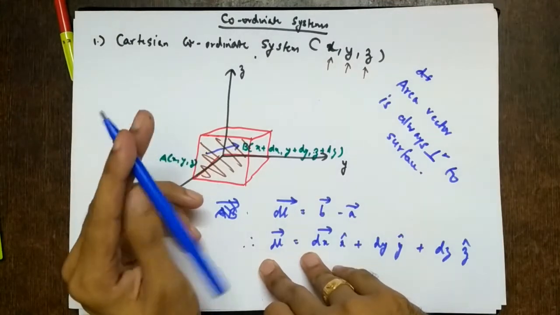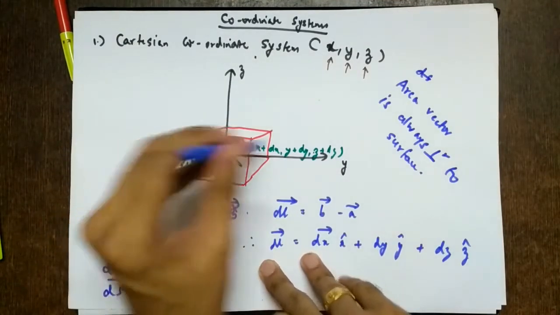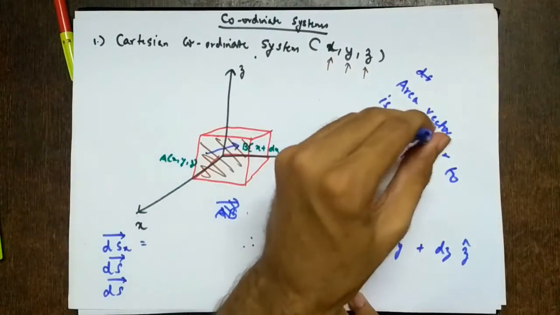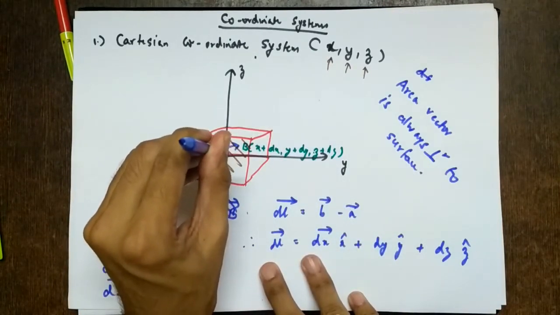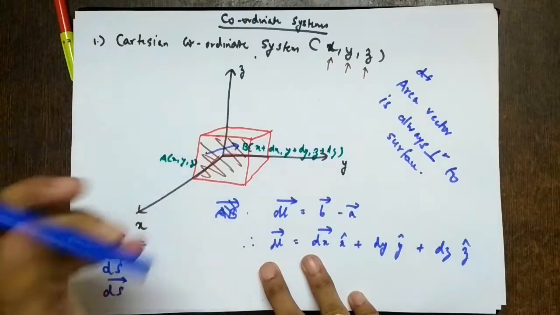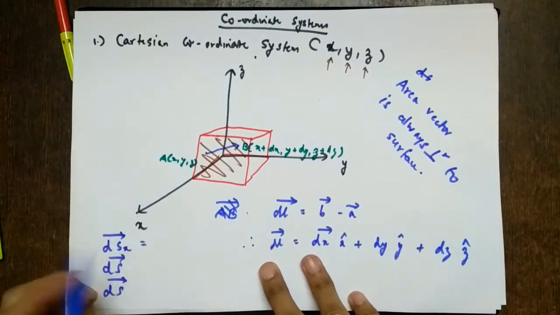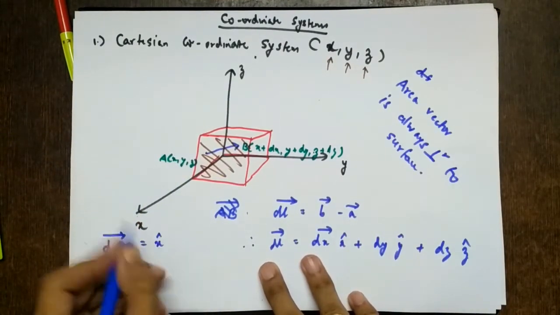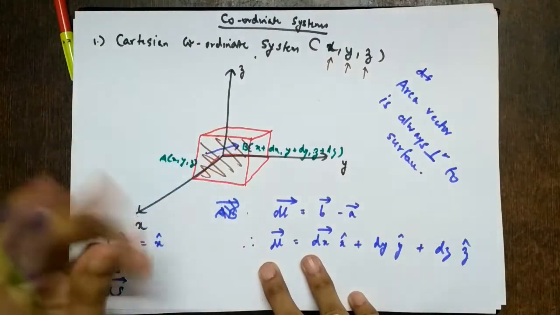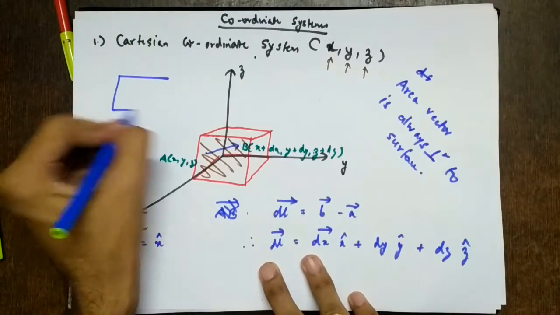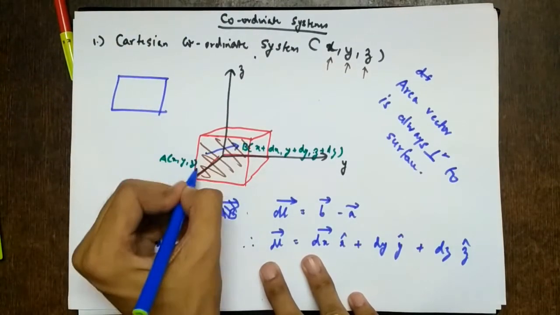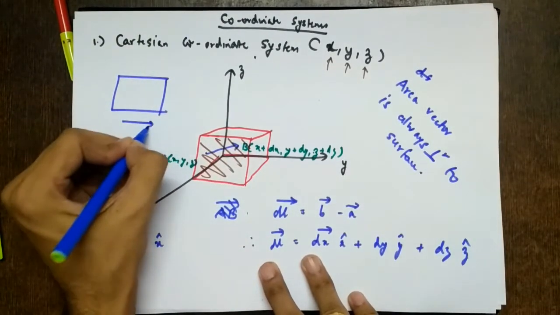So it is coming in which direction? What is the area vector for this surface? Perpendicular to the surface. Perpendicular to the surface means coming out of the paper, that is, towards the camera. So that's why it is the ds x vector, and it is in the same direction, x, because it is coming out in the x direction. So what is the area? I draw the surface here. I have drawn the same surface here. So this is what?